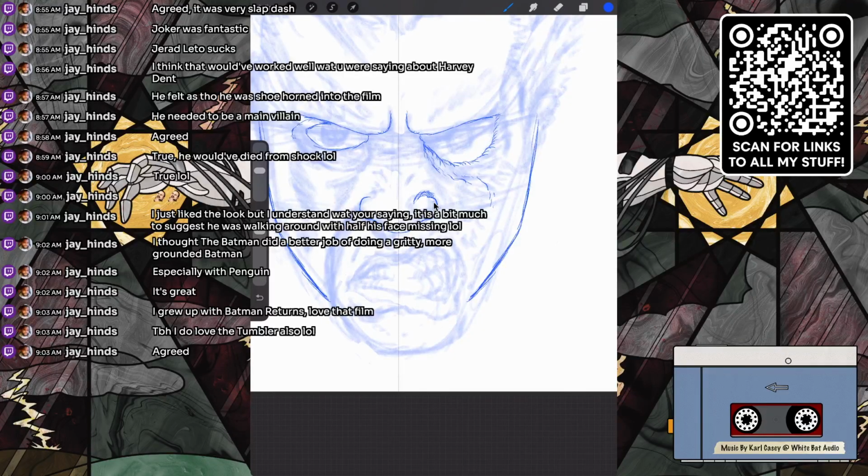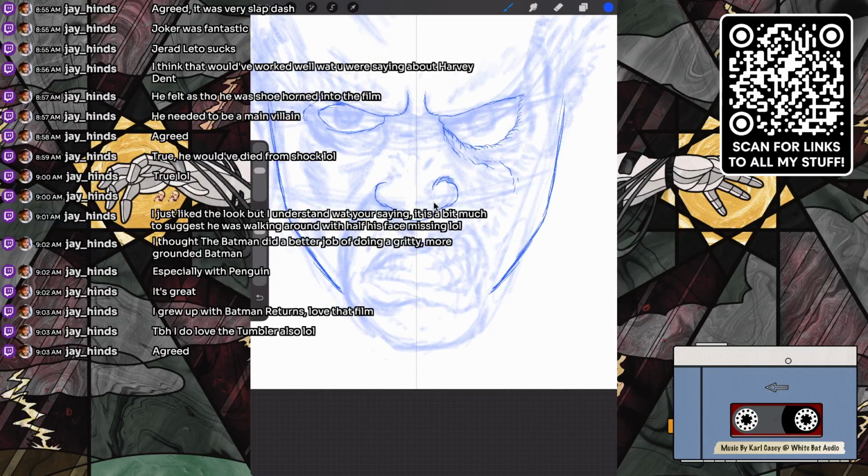But also, to go back to Batman Returns, the thing that I like about Batman Returns is that the Catwoman character is perfect. Again, to compare it to the Batman, I like Catwoman in the Batman, but I far prefer Catwoman in Batman Returns. They got the perfect actress. She looks great. The fact that her costume is all sewn together, the setup for her, all of that is so good. It's so good.